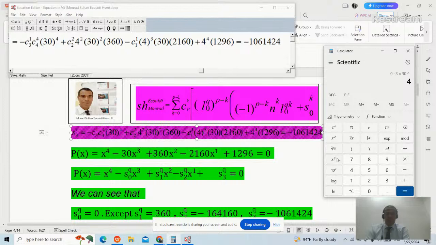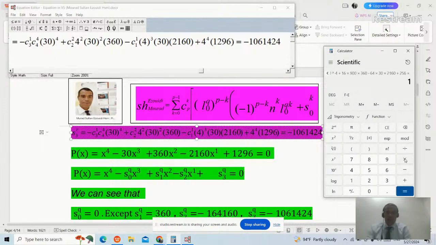I wrote 14 by mistake. Plus 16 times 30 squared is 900, then times 360. Minus, learners, 4 cubed is 64 times 30, we are here now, times 2160, then plus the last term, 4 raised to the power 4 is plus 256